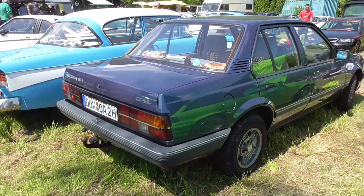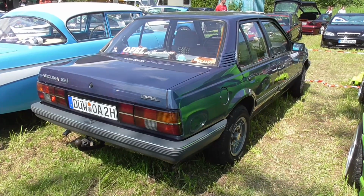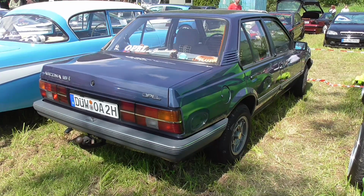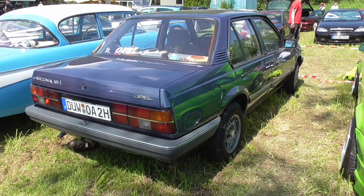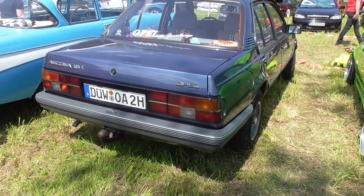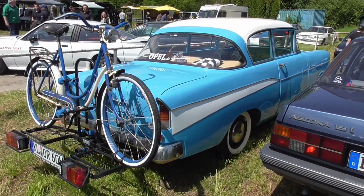Opel Ascona C. So this is the sedan, although the facelift one. The facelift one has these more flat tail lights. The pre-facelift had it more, well, how can I call it? It didn't have these black stripes, and it had just some ribs. Let's call it ribs. This guy is an Opel Rekord P1